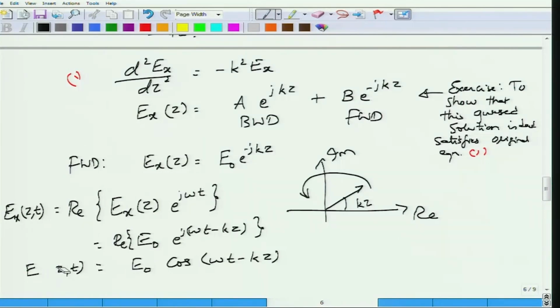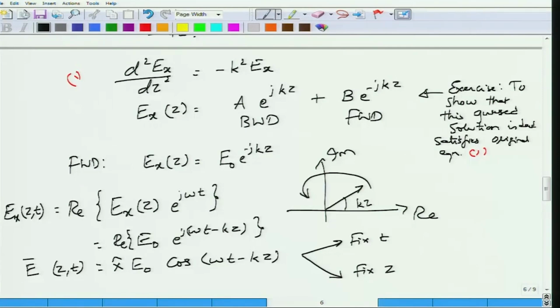If you want to write the expression of the electric field in the vector form, you can attach the appropriate vector direction. So this electric field would always be directed along the x-axis, and if you fix z and t, this cos term is fixed, then it would point with an amplitude of E0 times whatever the cos value is, and it would always point along x. Okay. There are two things we can do now. Fix t and see what happens with respect to z, and fix z and see what happens with respect to